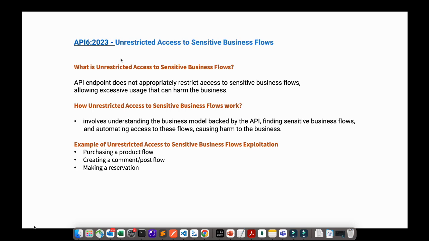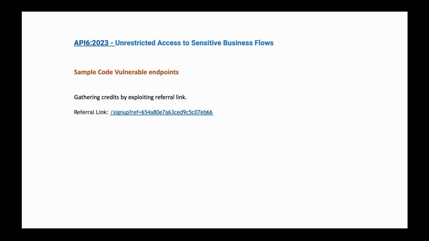Now, from our sample application, we're going to look at the part where we are generating referral links for a user once they sign up. So on the user profile page, we can see that once they log in, they are provided with a referral link, where the referral link is nothing but their user ID. In our application, we will see how this can be misused by an attacker. So in the next lecture, we will go to our code and see this